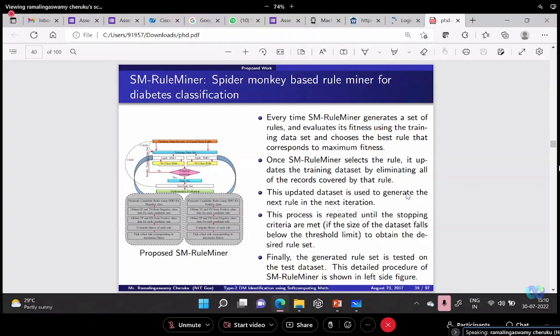So how do we evaluate whether it's a good one or a bad one? By using the fitness function. Now choose the best according to the maximum fitness value. It's a maximization problem, so that's the reason. So we will identify the best rule which will maximize our fitness value. I will discuss what fitness function we have proposed. So once the SM rule miner selects the rule, it updates the training data set, because already